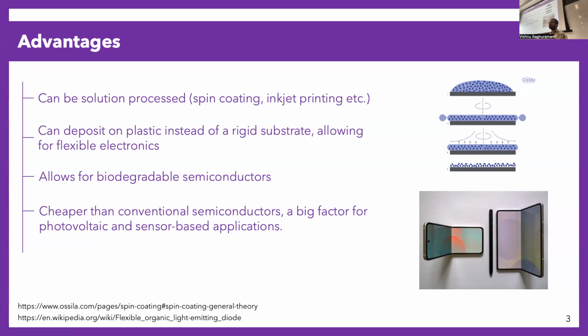And the main advantage of organic semiconductors is you can solution process these systems. You don't have to have the very high temperature nanofab facilities that you would need for silicon. You can use spin coating or inkjet printing. This can be done at room temperature in a fairly cost-effective manner. You can deposit on plastic substrates instead of depositing on glass. And by depositing on plastic substrates, you can make flexible electronics, which we're already seeing examples of